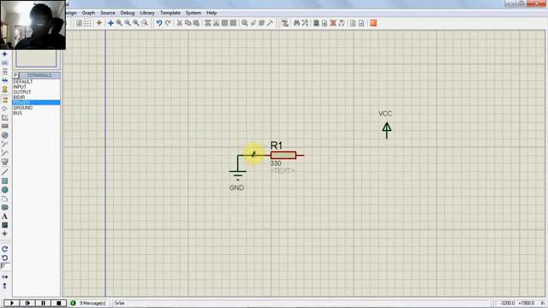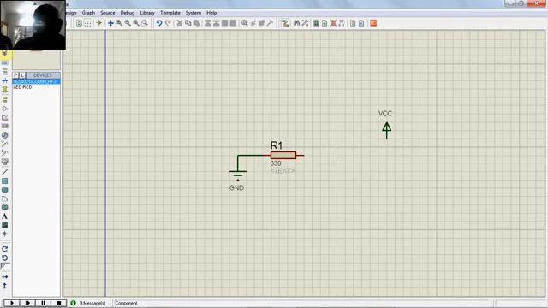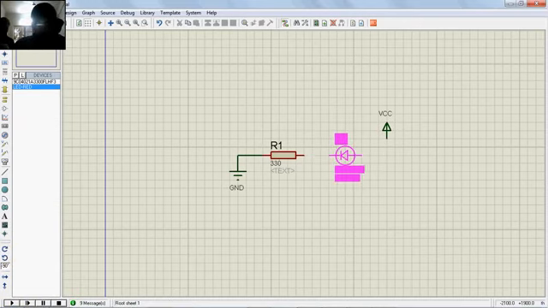And I will place a wire here. Now I am placing the LED. It is in the components mode. I selected it. I turned it. Yeah, I am placing it here. Now I am connecting it. Now I am running the simulation. This is play. Yeah, you can see that it's red, isn't it?